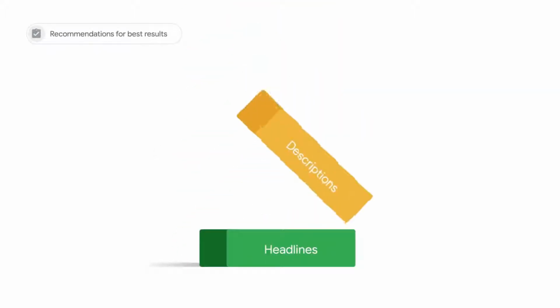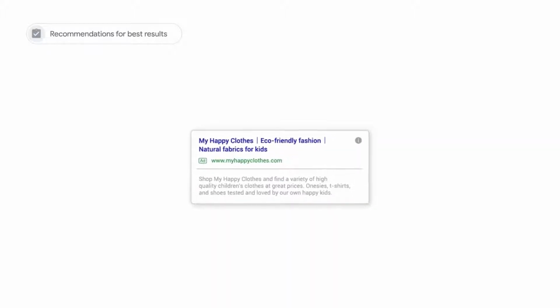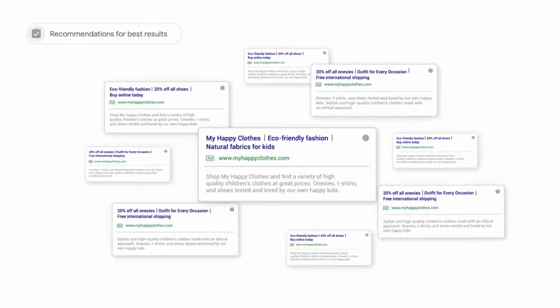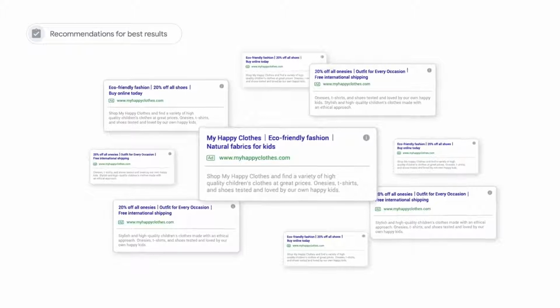Focus on providing as many assets as possible, which are distinct from one another. Remember, your responsive search ad may show up to 3 headlines and 2 descriptions side by side. Try to phrase an idea in different ways, since the system avoids showing redundant text side by side. Think about additional benefits and features, a problem you're solving, or even highlight shipping and return information.